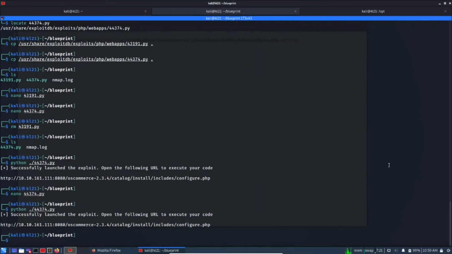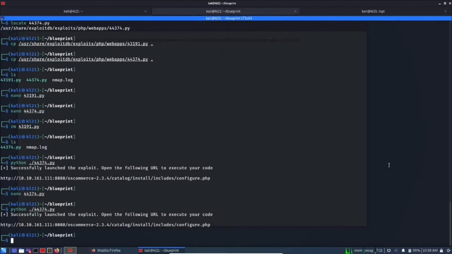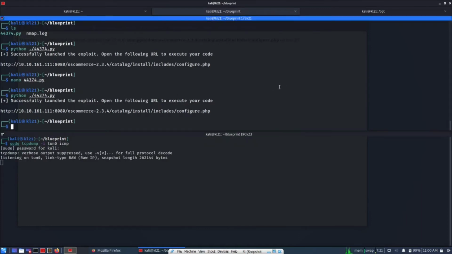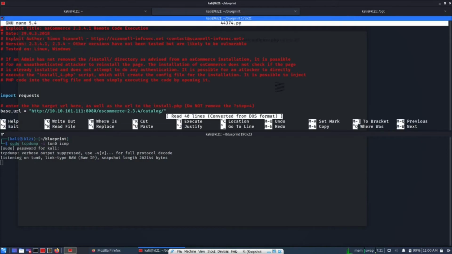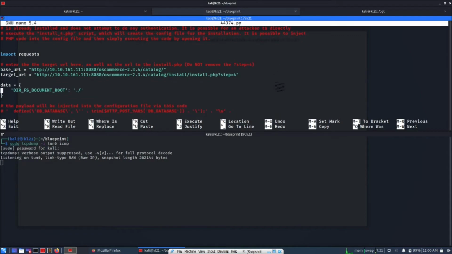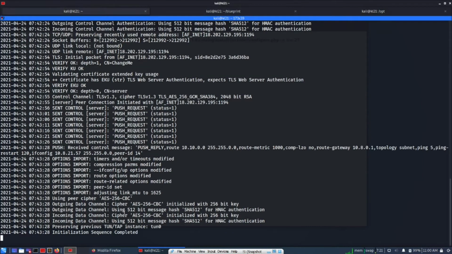Let's open another window, or maybe below this one, and sudo tcpdump. Let's start the ICMP capture and nano. Let's make changes in the script and mention the ping command here. So our IP is,